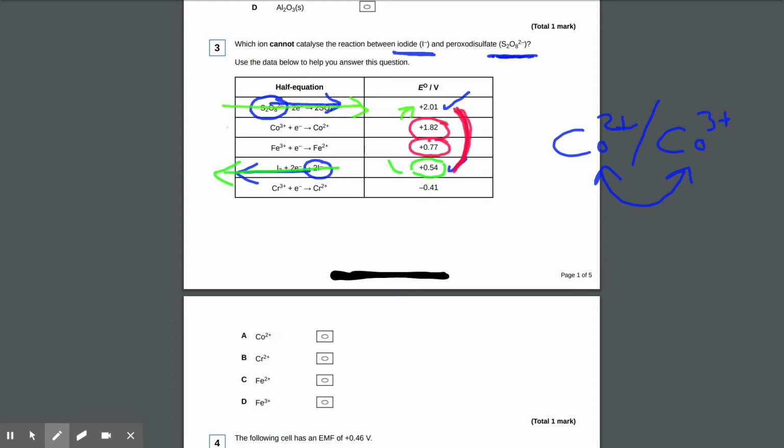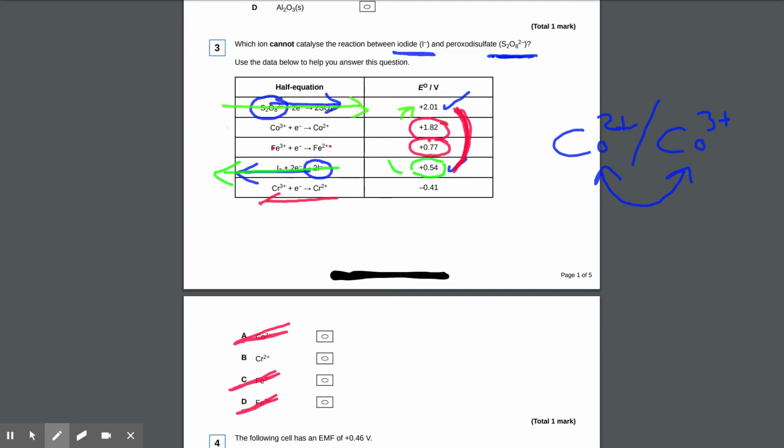So cobalt 2+ isn't the answer to the question. Iron 2+ isn't the answer to the question either. Iron 3+ is also not the answer to the question because we can cycle between iron 3+ and iron 2+. And so chromium 2+ is the answer to the question,